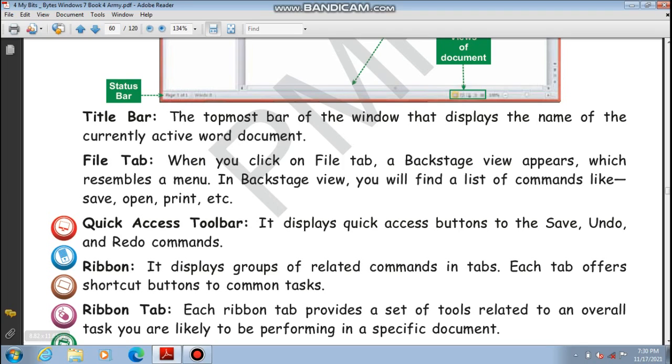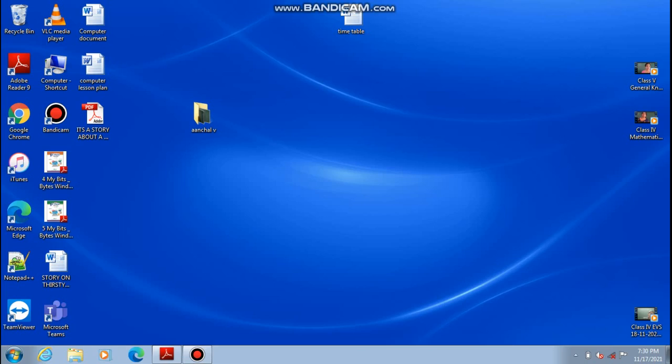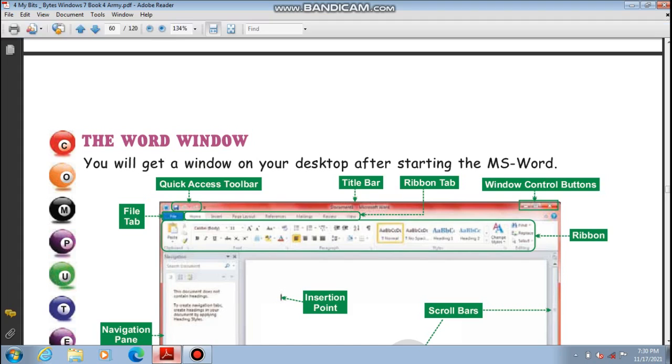So what are ribbons? You can see here, these are ribbons and this is the ribbon tab. I'll show you here on the screen.